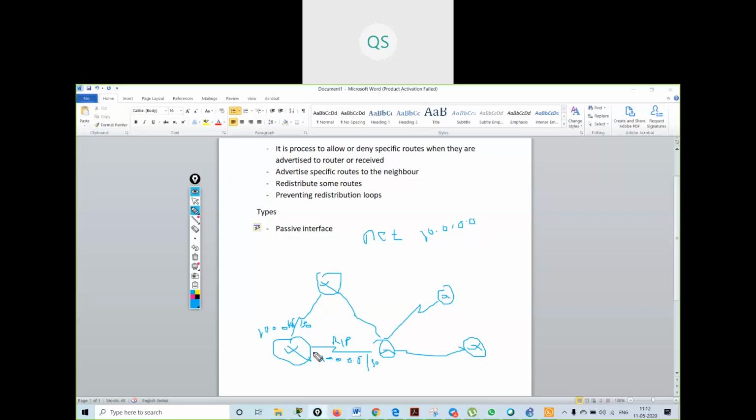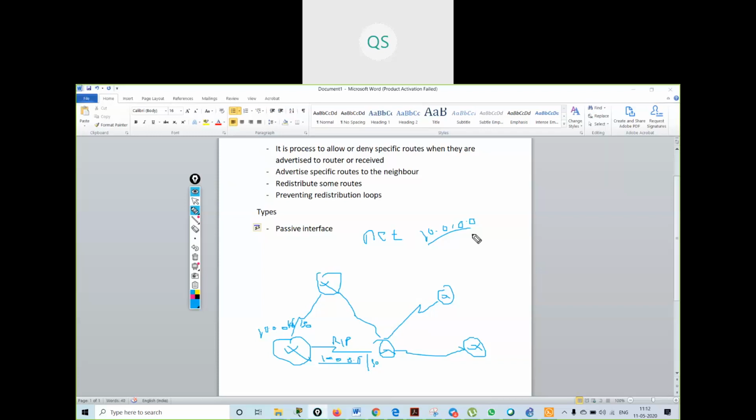Now I want this router to only give this 10 dot network. If I give this command in RIP, RIP does not allow you to give any wildcard bits.